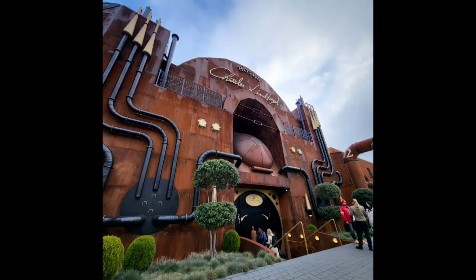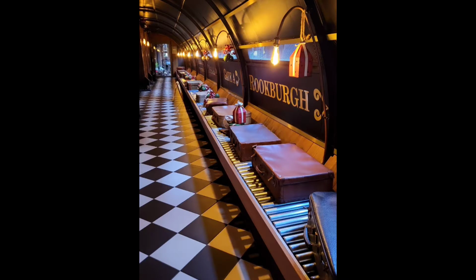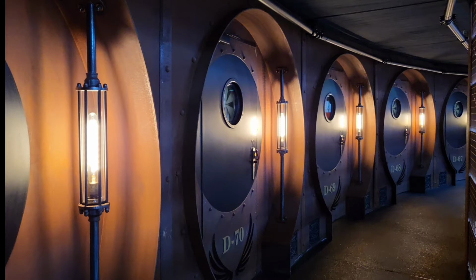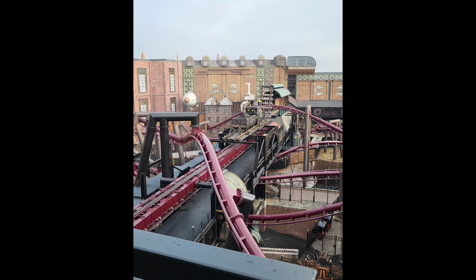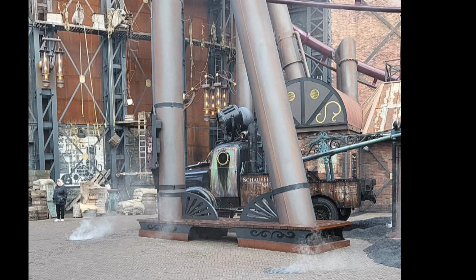Today I'm going to walk you through the package Hotel and Park of Phantasialand in the new amazingly themed Charles Lindbergh Hotel in Rockwood, where Fly is. The package includes one night in the hotel, 2 days in the park, fast track for Fly on each day, breakfast and dinner. I'm gonna show you how the cabin is, all the benefits, and we will try to understand,